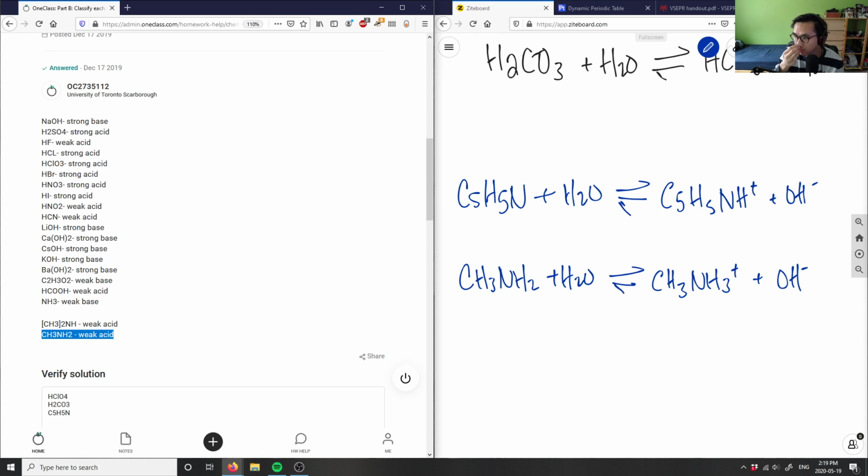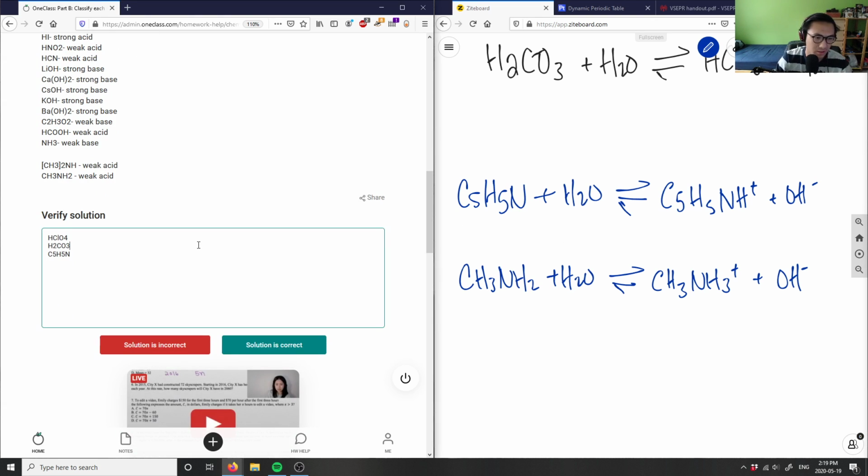So let's see. CH3NH2 here, yeah. So this here is actually not a weak acid. So I'm going to say the solution here is incorrect because they're missing a lot of stuff. So the solution is partially correct. Missing the following compounds